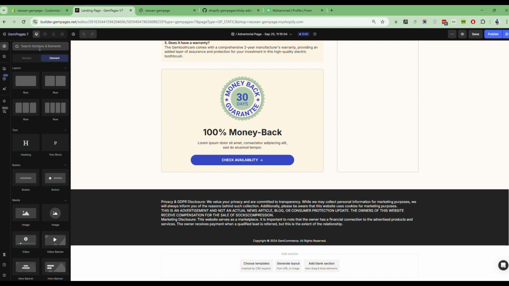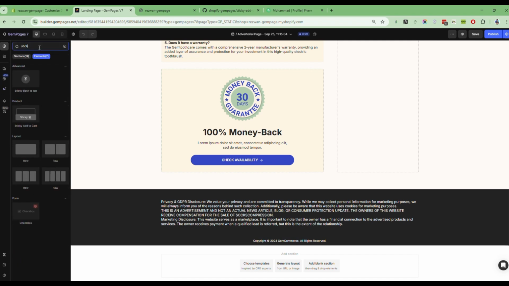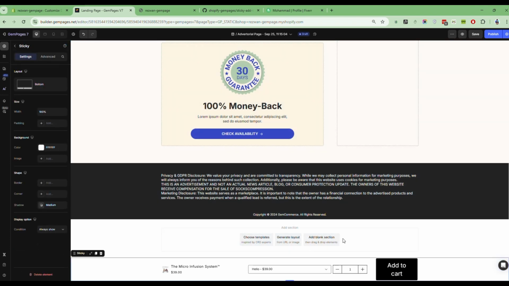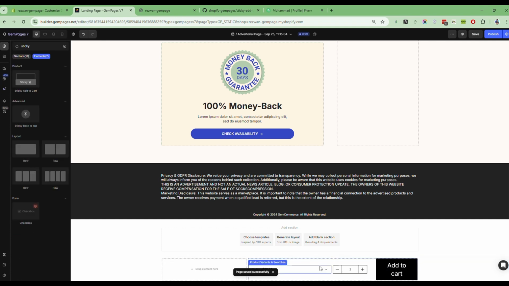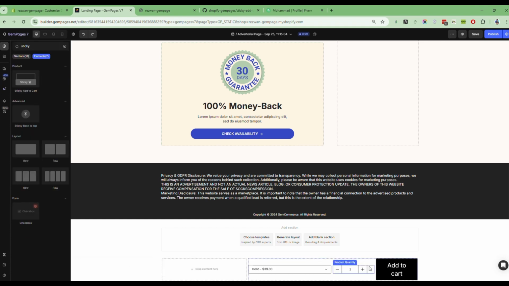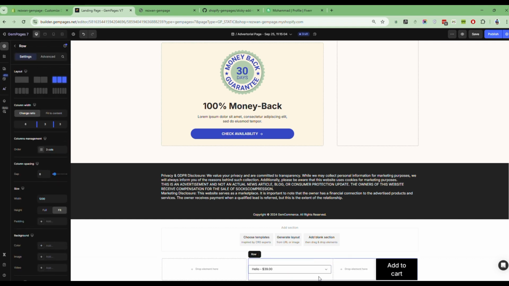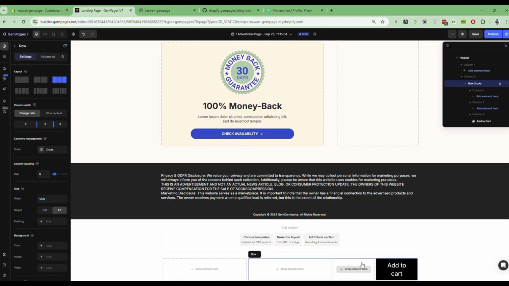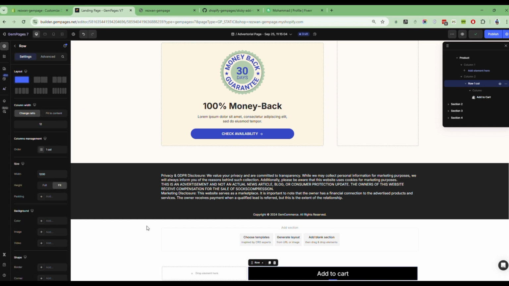First, we will search for sticky add to cart and put it at the end of the page. Okay, so let's remove all of this. We don't need them for now. We can remove this. Sorry, we will only keep the add to cart button since it's an advertorial page. So we are going to remove all of this. Remove this as well. We need to remove this variant source and let's make it one column